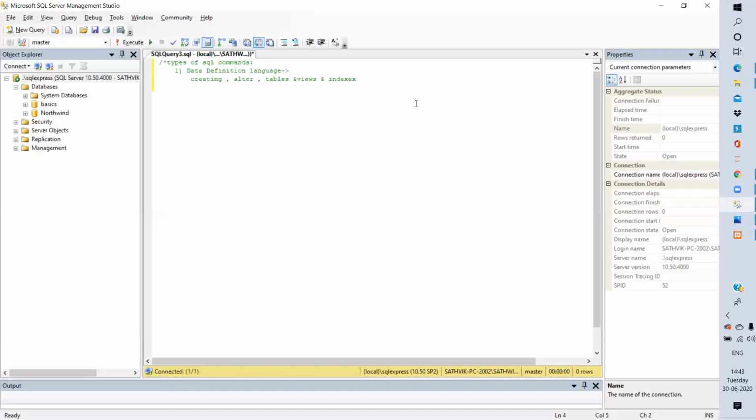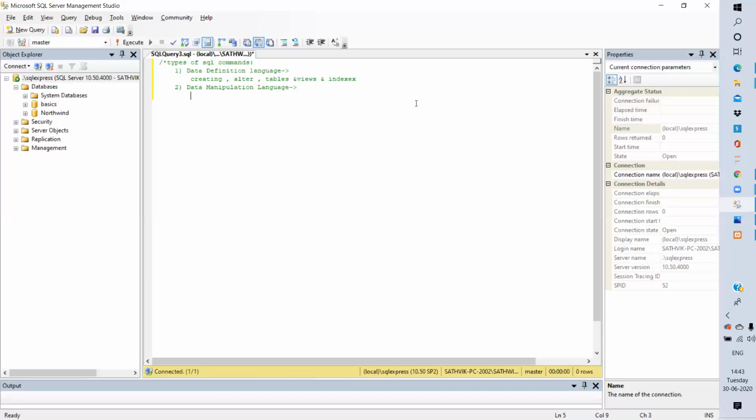And here comes the second one, right? Data manipulation language. In this, we are going to see how to manipulate the data.